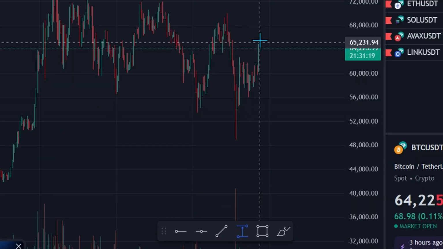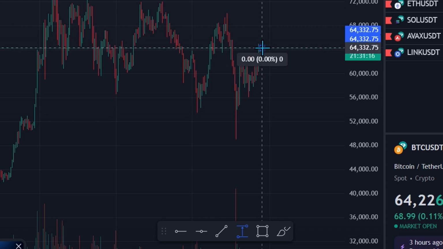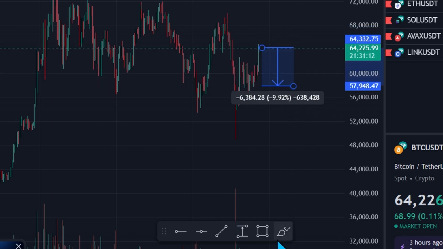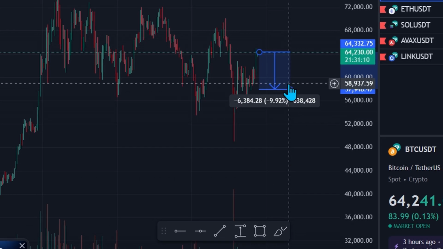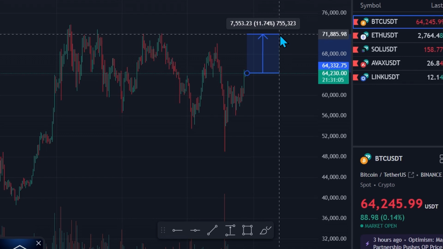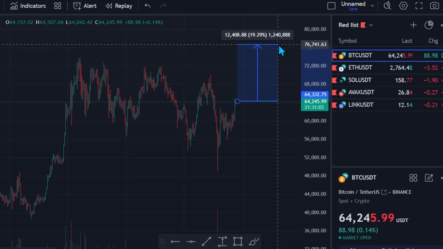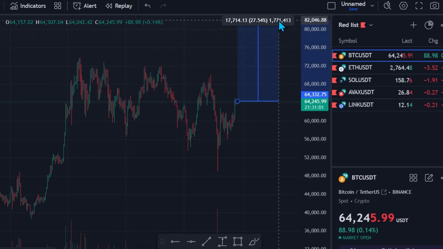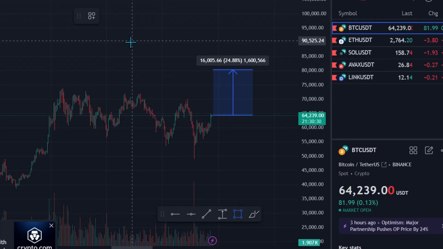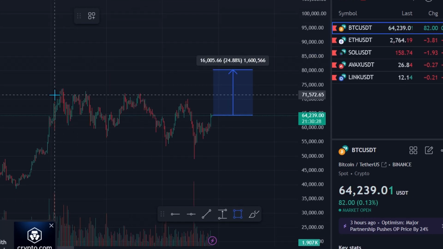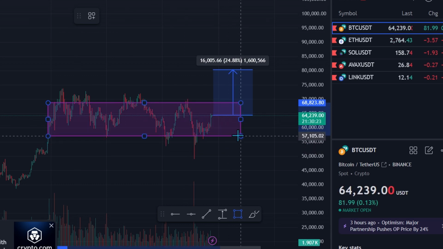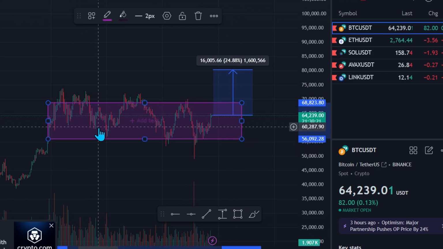Using the price range comes into your strategy. If you are looking for discounts and you say, well, I'll buy every time that we go down 10%, that price range tool is how you tell that. Or if you say, I want to take profit, I want to cash half of it out at 10% and half out at 20, or all of it out at 25. And this here can be useful for showing different ranges. If you want to get an idea how price bounces around in an area,